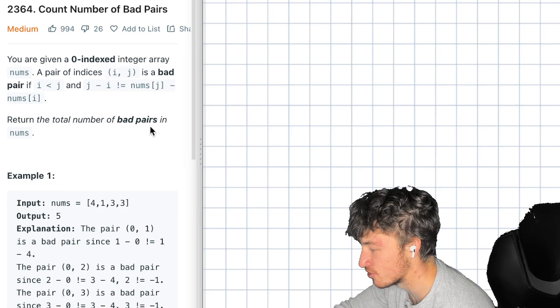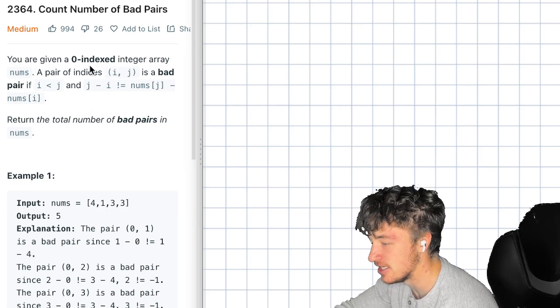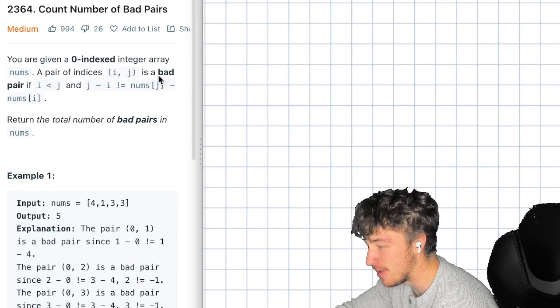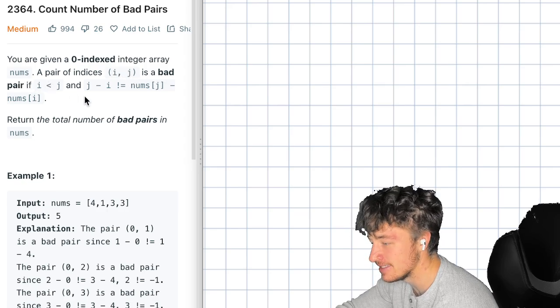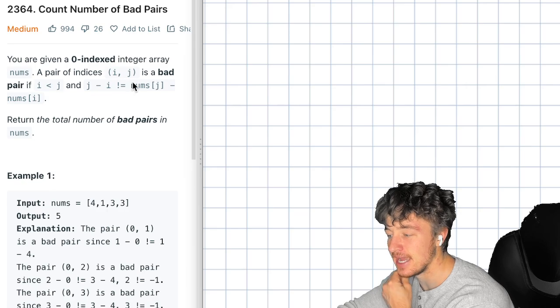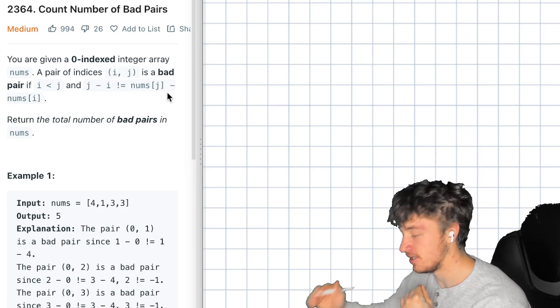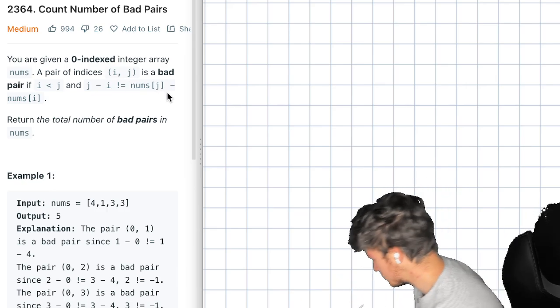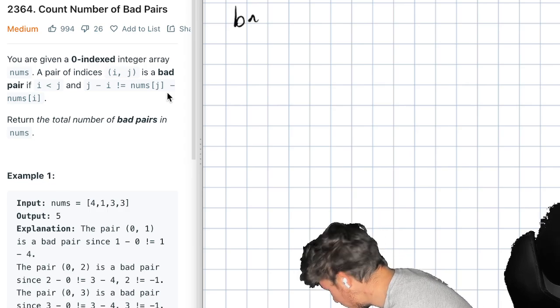So, a very short description. We love those. You're given a zero-indexed integer array nums. A pair of indices i and j is a bad pair if i is less than j and j minus i isn't equal to nums of j minus nums of i. Let's write that down because it seems important. So we have a bad pair